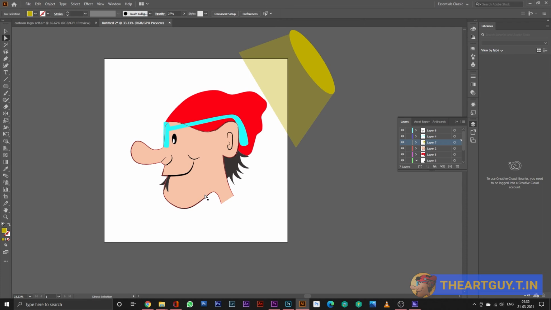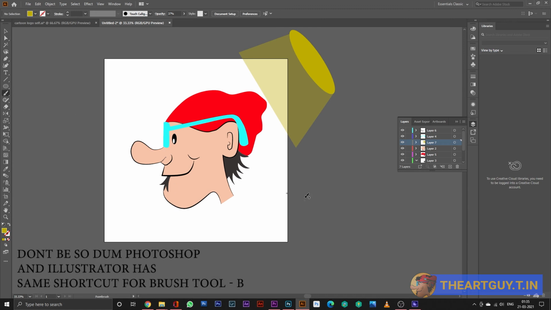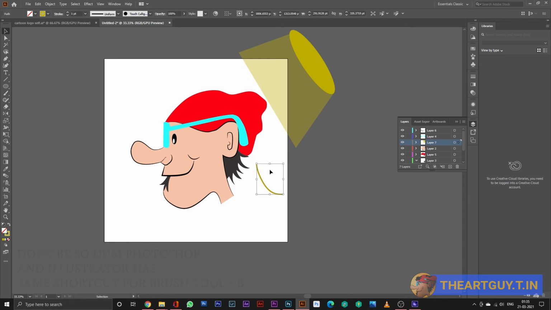Now to create that, you can use the brush tool or the pen tool. What I basically do is use the pen tool to create the shadows, but some shadows are very minute, so you can use the brush tool. Like, you can use the brush tool to create one thing like this. Once you create this, it'll be a stroke actually. Then you can go back to this, take this, and then go back to